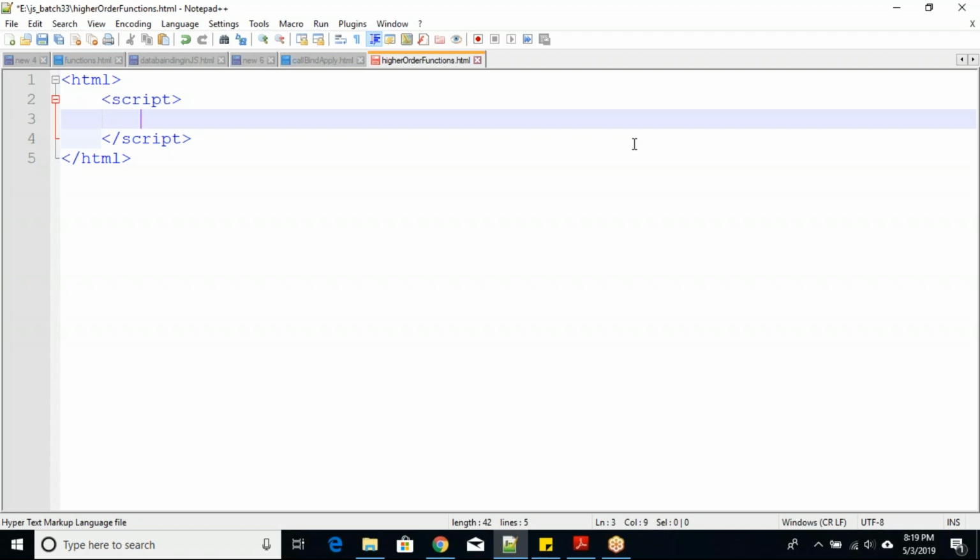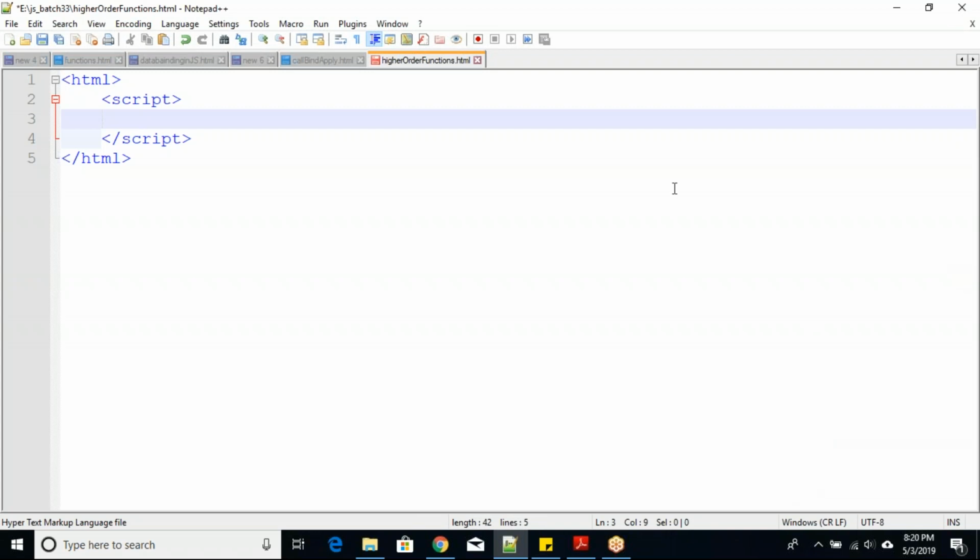So let us first simplify things. You can define a function inside another function, you can return a function from a function, and you can pass a function as an argument to another function. So all these things are possible. Let us try all these things for a while. Okay, give me a minute. Let us start writing the code.